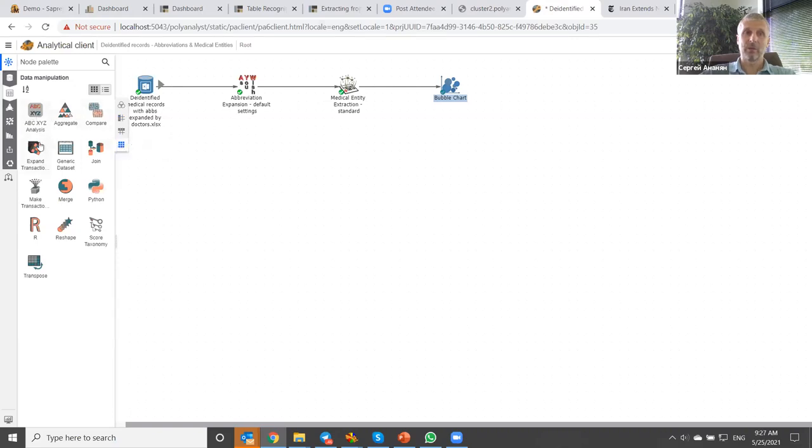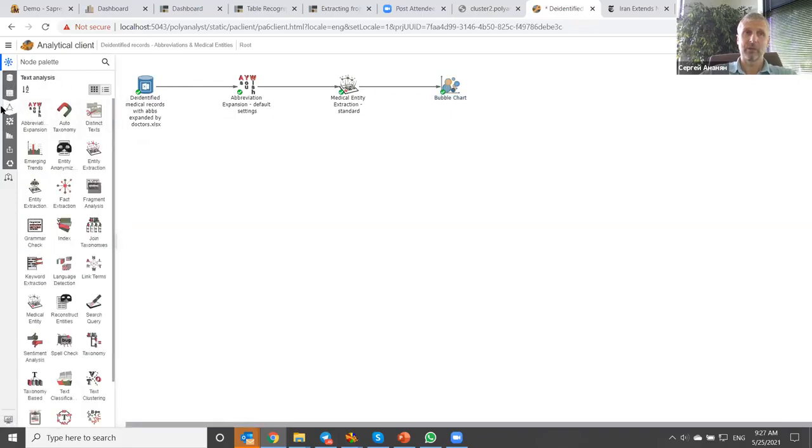For example, converting transactional data to an aggregated view, or we can support Python and R. If you have some code that you built on your own, it can be integrated into the workflow created in PolyAnalyst. The workflow can also include different tools for text analytics.